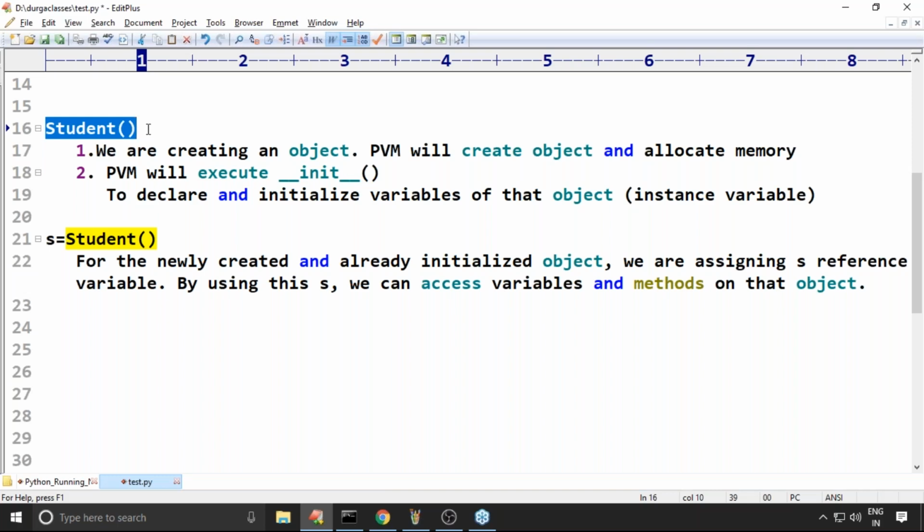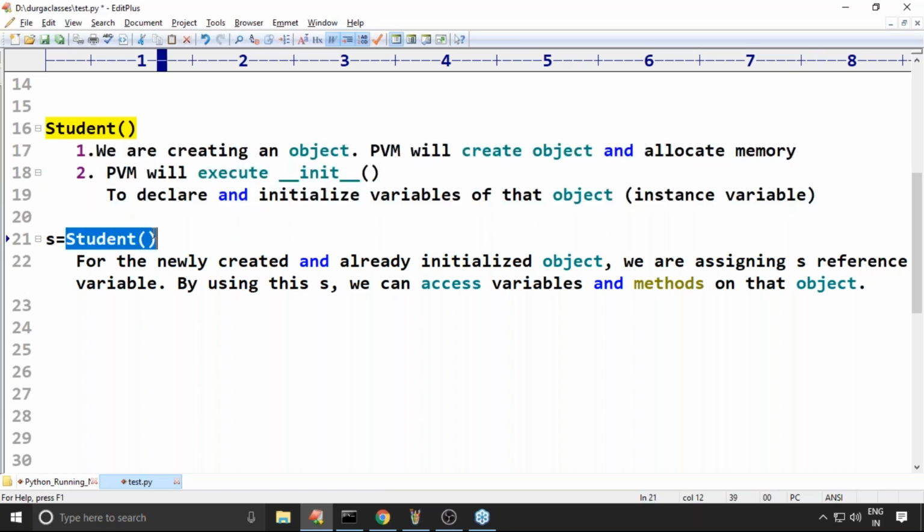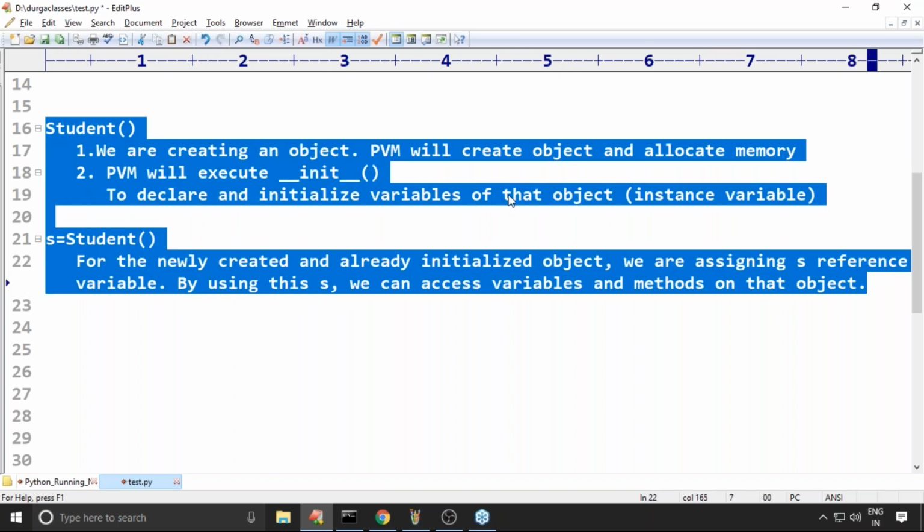That constructor itself is responsible for performing initialization for the object. After the object is created, to use it in the future a reference variable is compulsory. That reference variable is s. By using this s, we can access variables and methods of that object.